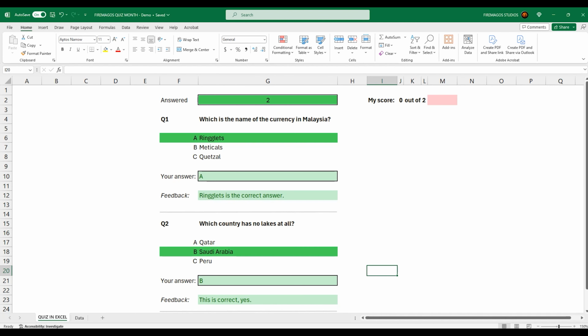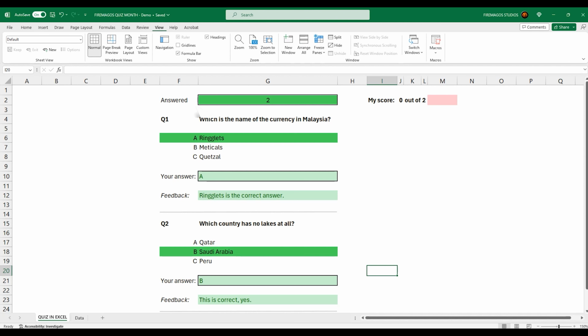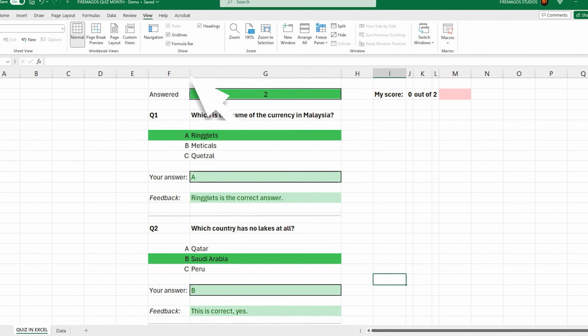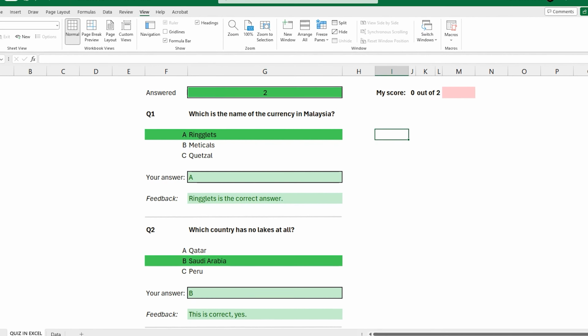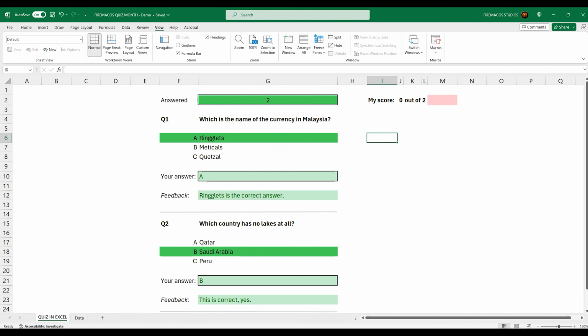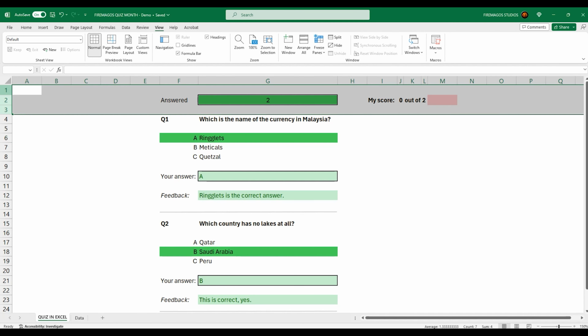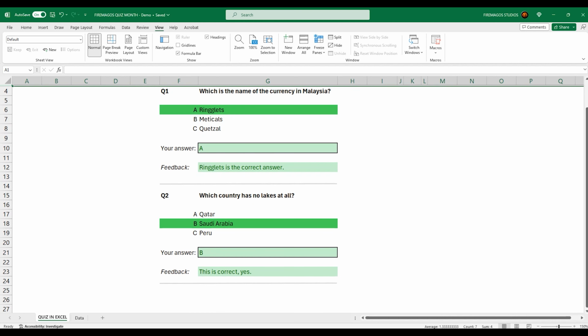Now, in the main worksheet, the one with the quiz, the very first thing is to go here on the view option and to deselect the grid lines just for the aesthetics. So that's the very first thing that we can do. Then we can leave empty for now the very first 3 rows. I will do the same. So I will scroll down just to be sure that we are doing the same thing.